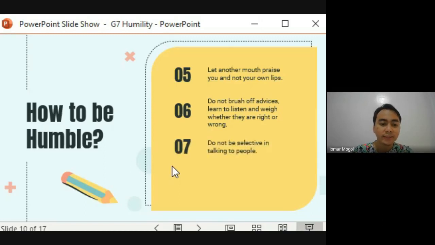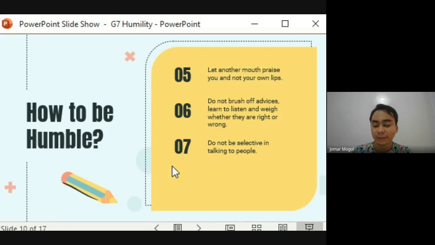7 is do not be selective in talking to people. This is usually what Filipinos do, na pinipili lang nila yung kanilang gustong makausap, especially in selecting friends. Uy, hindi ka famous, hindi ka dapat sa grupo namin, ganon. So, being humble means you have to be open to other relationships. Okay? Kahit anong gender niya, kahit anong social status niya, kahit anong kanyang capabilities, you have to be open